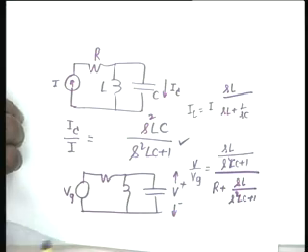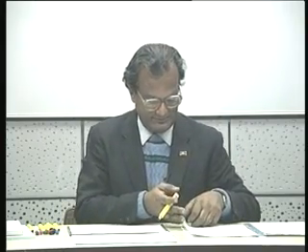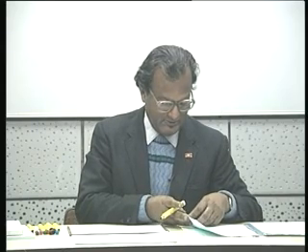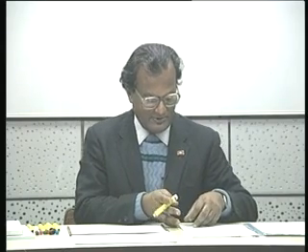Finding such quantities in simple networks like this should be done by inspection. No loop equation, no node equation, no Thevenin's theorem, no Norton's theorem. It should be done simply by inspection. As long as you can do that, that is the best thing to do. Observation: there is no replacement for a keen power of observation, and that is the strongest tool. Common sense and power of observation, these are the two strong tools for an engineer.